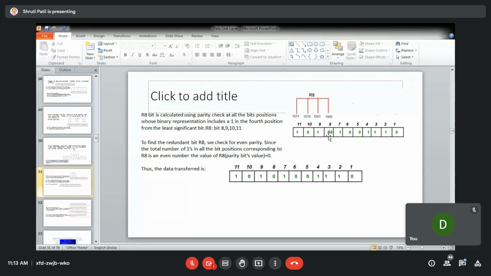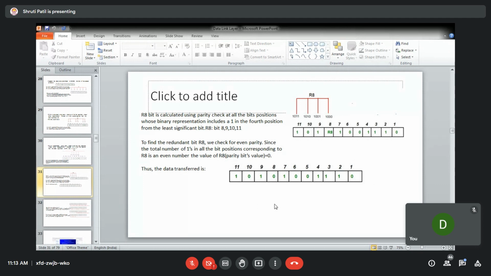So what should be the data actually transferred? You have R1 is 0, R2 is 1, R4 is again 1, and R8 is 0. So you have this data transmitted as 1, 0, 1, 0, 1, 0, 0, 1, 1, 1, 0.